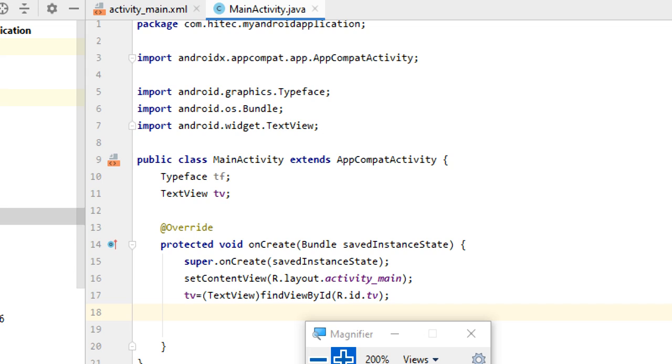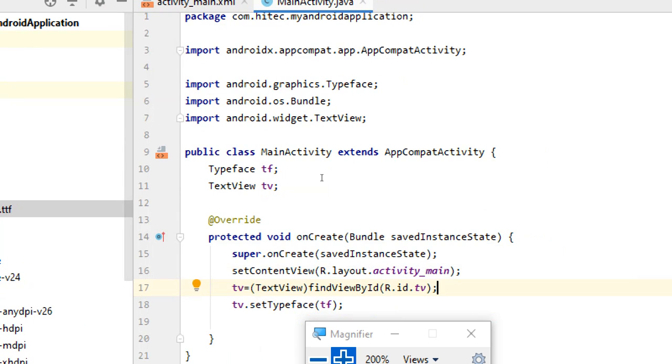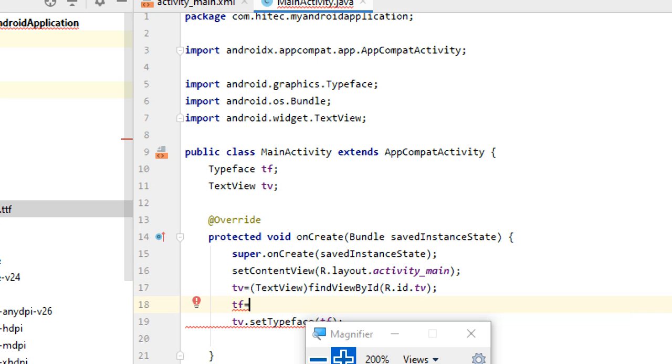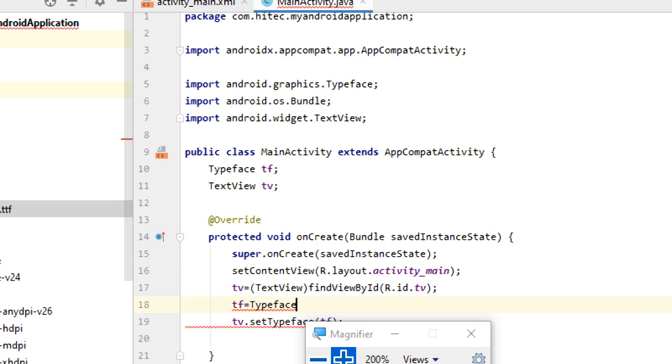Now I have to link my text view with my typeface. What I have to do is tv.setTypeface(tf), but our typeface is just declared, it is not initialized. First we have to initialize it through this file. So we have to write tf equal to Typeface,